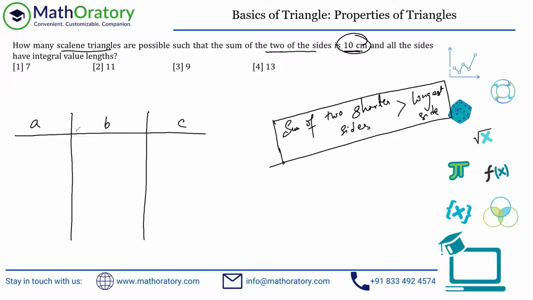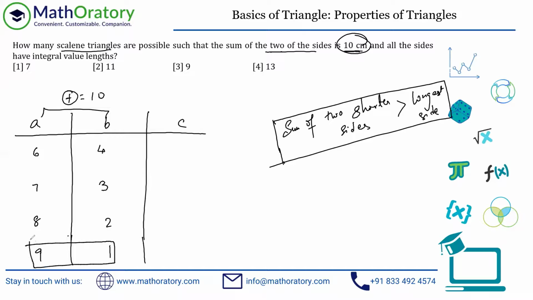Anyhow, for a and b, I'm going to consider that this adds up to 10. So let us take the cases first of all. If I consider 6 and 4, that adds up to 10. I can consider 7 and 3, that also adds up to 10. I can consider 8 and 2, and 9 and 1. So these are the possible cases, right? 10 and 0 is silly. But anyhow, I can actually eliminate this case. I've talked about something related to that in our classes, but I'll explain that later on.